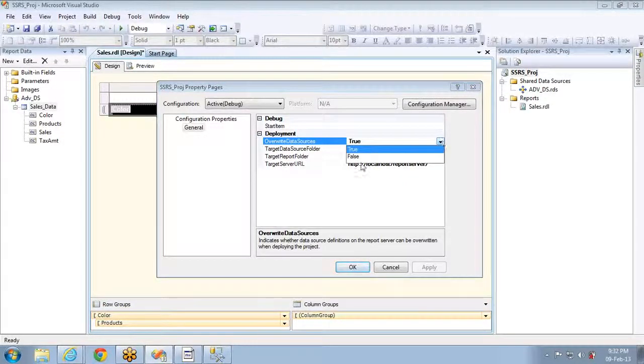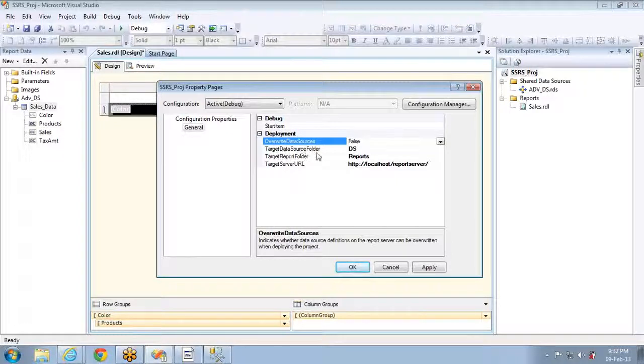So people will set this as false in most cases. While people work on development, after deploying to production, they will change the data source in the production, a one-time job. That's it. And next time onwards, it will not override the data source. Why? Because in most cases there won't be changes in the data source. So if you don't want to override the existing data source, then set it to false. If you want to override the existing data source, then set it to true.